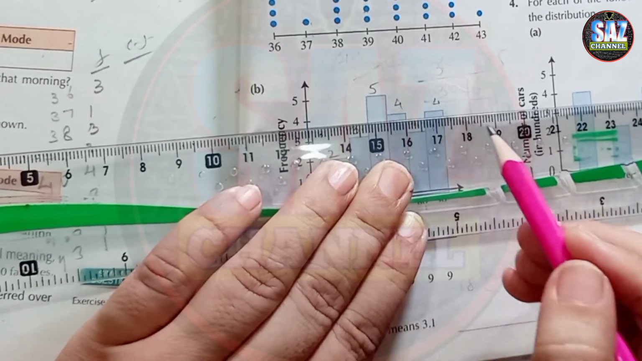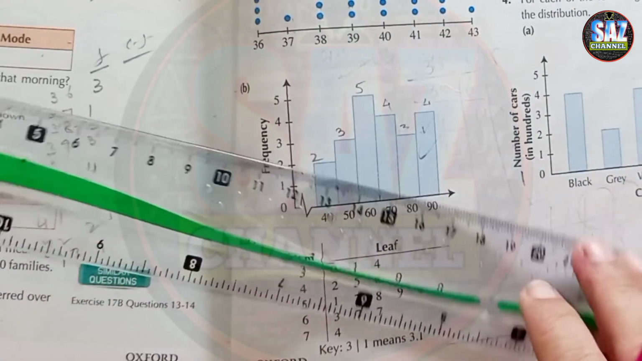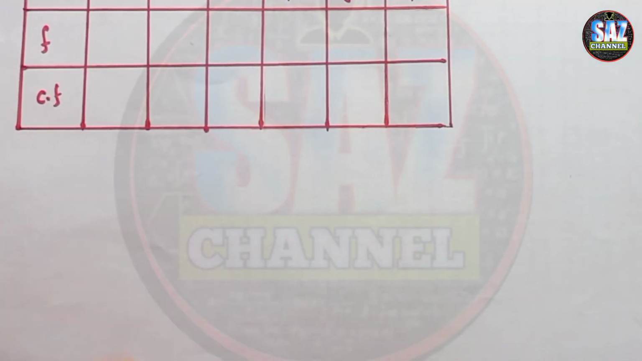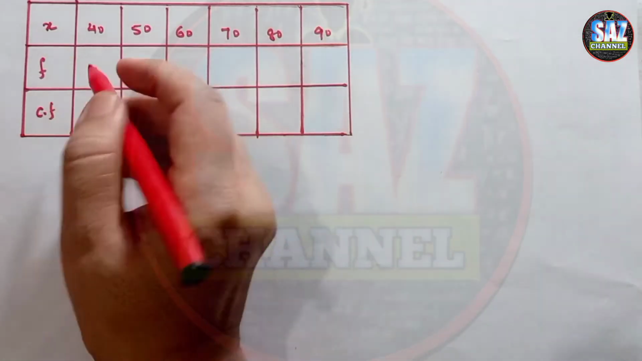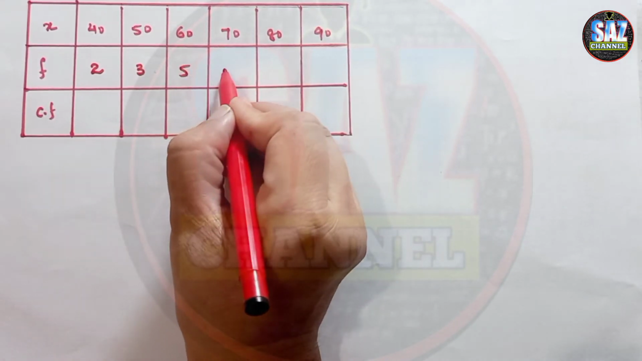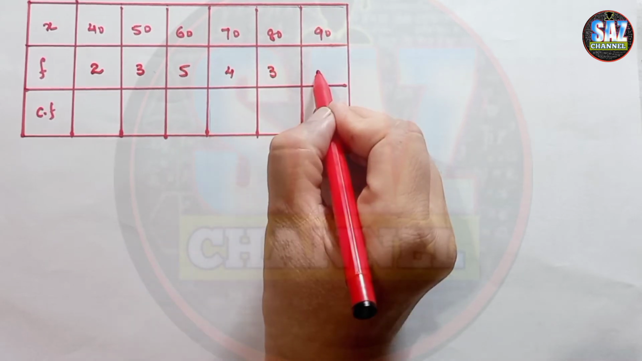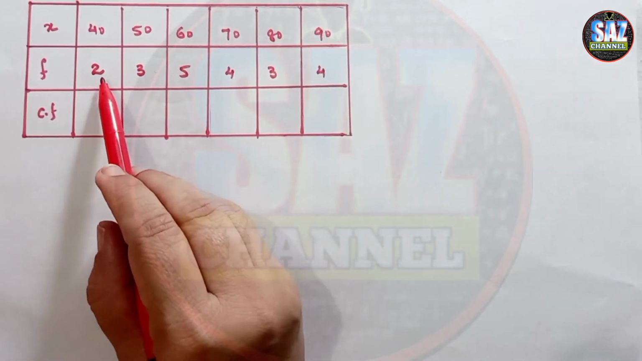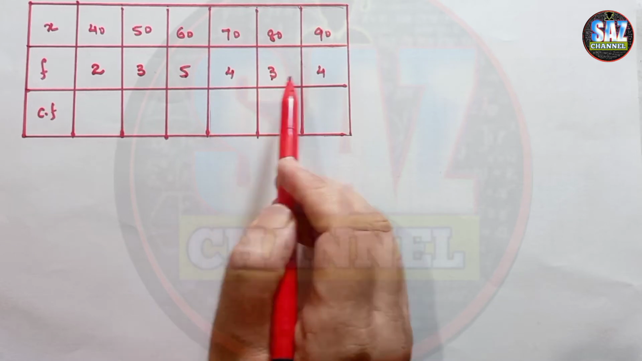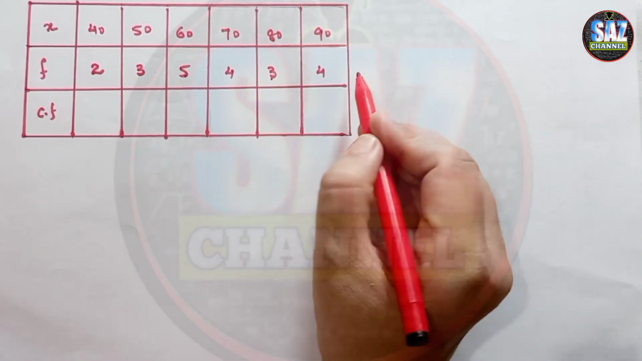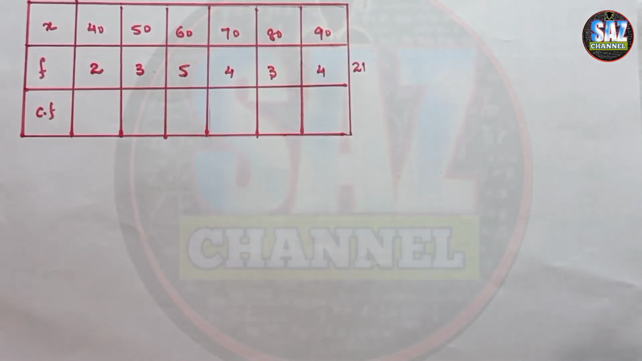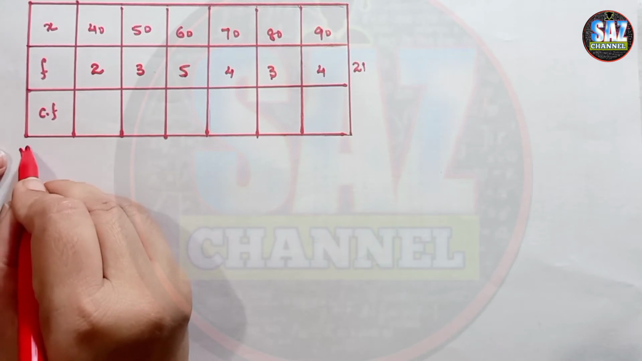Now first of all, we have to complete the frequencies in the frequency table. So let me write the frequencies here: 2, 3, 5, 4, 3, and 4. Now add up the frequencies. 3 plus 2 is 5, 5 plus 5 is 10, 10 plus 4 is 14, 14 and 3 is 17, 17 and 3 is 20, and 1 is 21. So the sum of the frequencies is odd, and the formula for the median for odd data